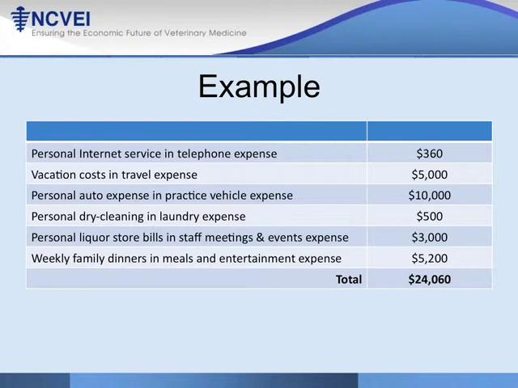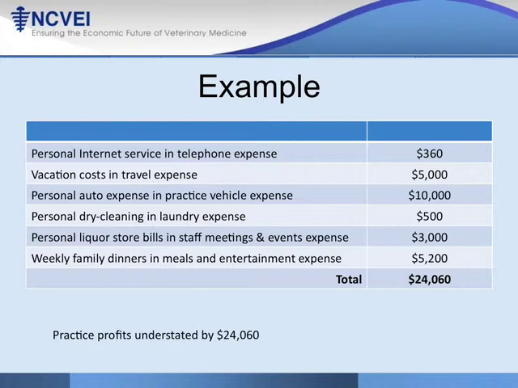There's personal liquor store bills that are included in staff meetings and events expense, and that's about $3,000. There are also weekly family dinners that are paid for by the practice, and that's included in meals and entertainment expense, and that's about $5,200. If you add up all of those personal expenses that are included in the tax return, it comes to about $24,060. So that means that practice profits, if you're just looking at the tax return, are understated by about $24,000